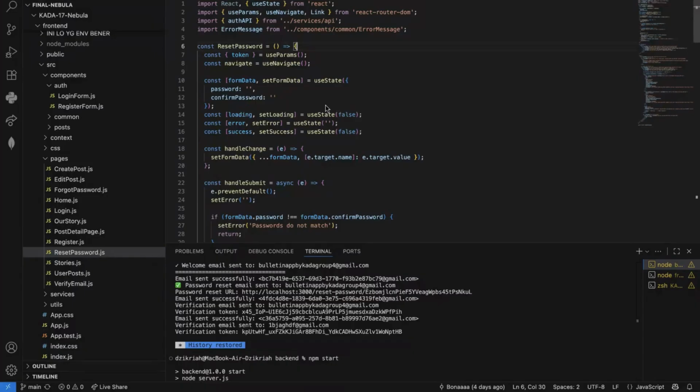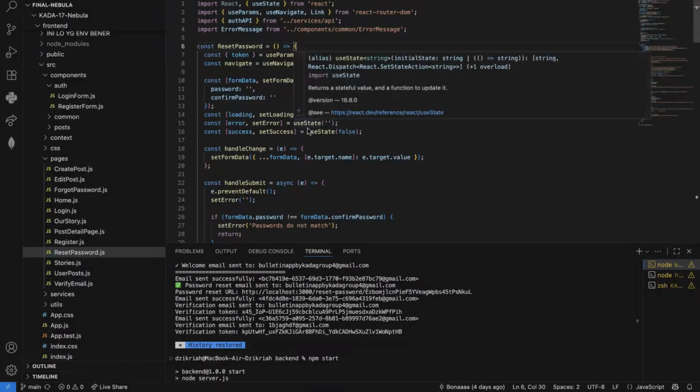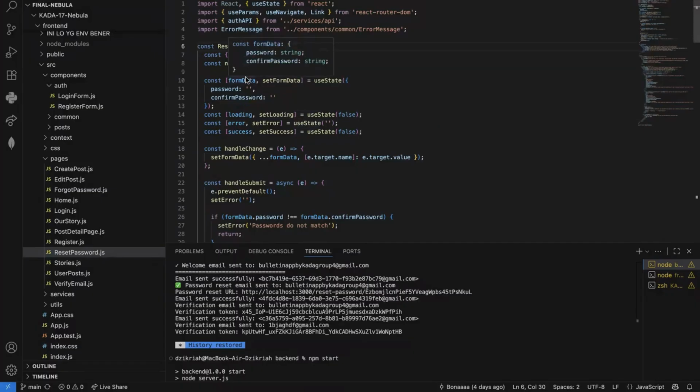We have the useState for the loading, error, and also the success. Also, we have the form data. This form data is to hold user input, such as the new password and also the confirmation password. The loading is true while the API request is being processed. And the error here is to show the validation or the API error messages, and the success here will be true once the password has been successfully updated.